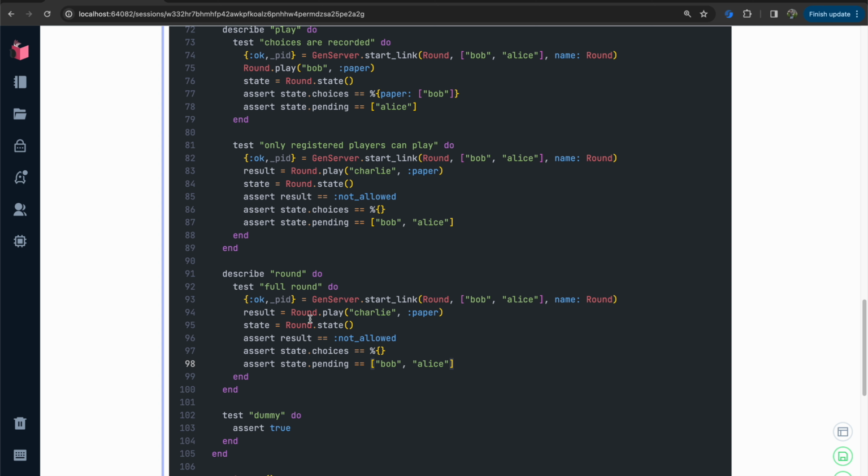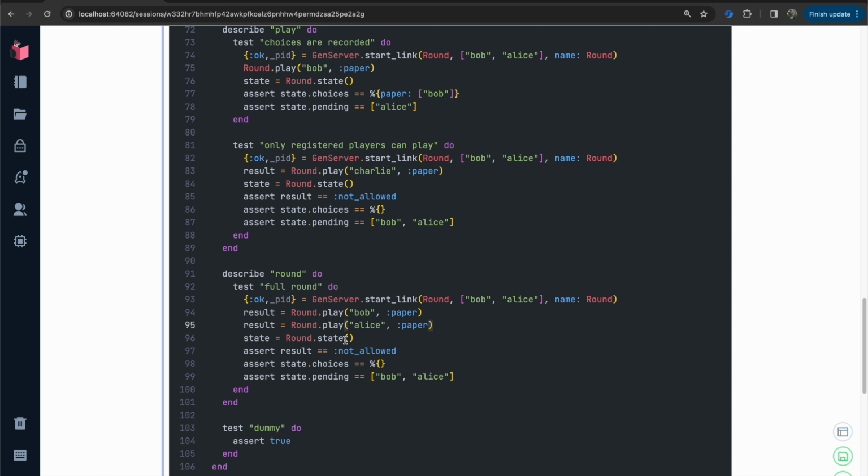So we have Bob and Alice in the round. We want Bob to play paper. We want Alice to also play paper. And then we want to assert state. We can see state will have paper and an array with Bob and Alice there, which we're just going to grab from here. Pending will be an empty list, and